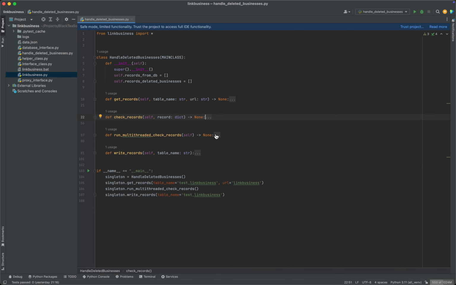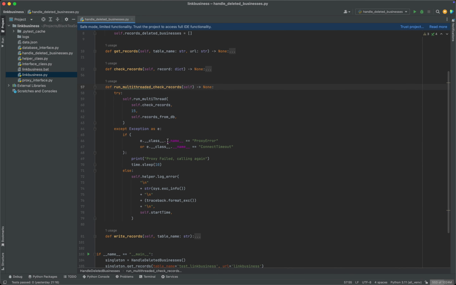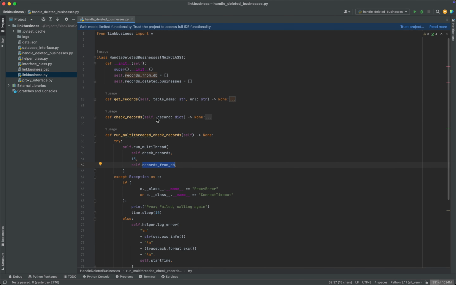Next thing is run multi-threaded thing. So I'm running multi-threaded check records like your previous scraper did. I was using his logic on running multi-threading stuff. So there is a method. I'm passing the method and I'm passing the list. So I'm passing the list here, and